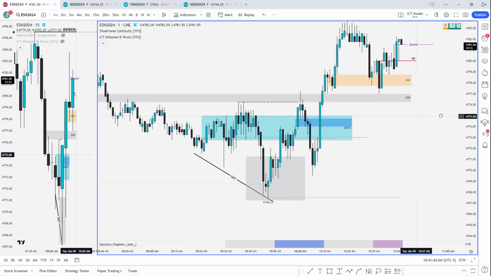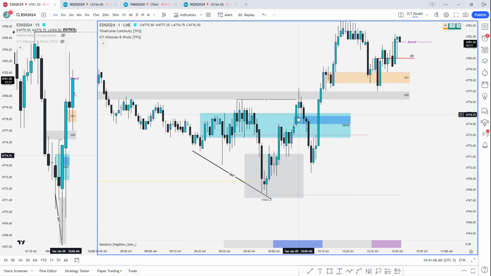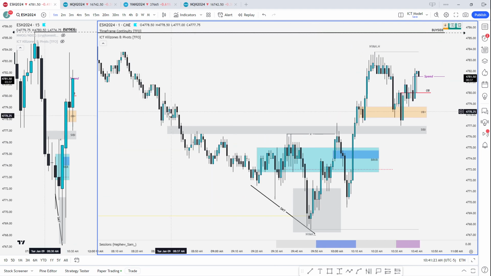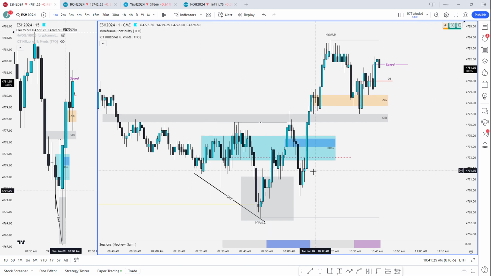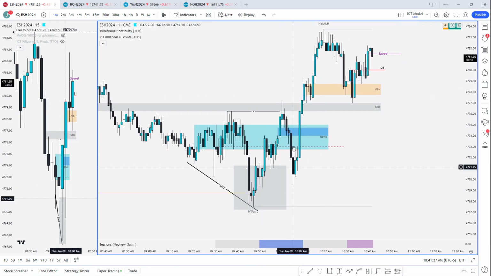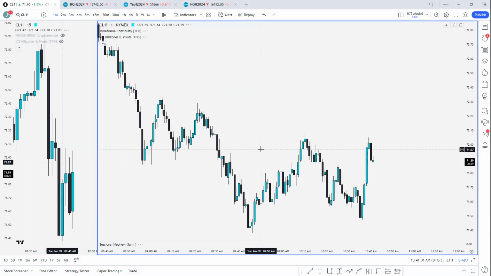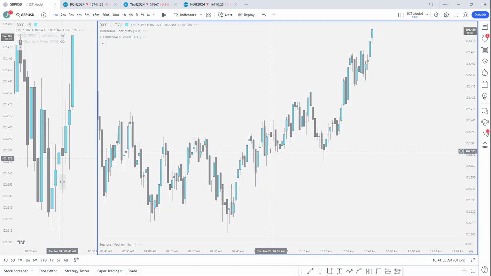ES, unicorn setup here. I told you, just want to see this gap filled, right? Especially when we close above the breaker. Closed above it, tapping into a gap that lines up with the breaker, right? So that's two PD arrays lined up on top of each other. You just want to see a wick. Maybe this kind of candle is fine too. And then expansion aggressively to buy side liquidity targets. This dip lower is not what you want to see on a true unicorn. And that's why we also got stopped out on that long on